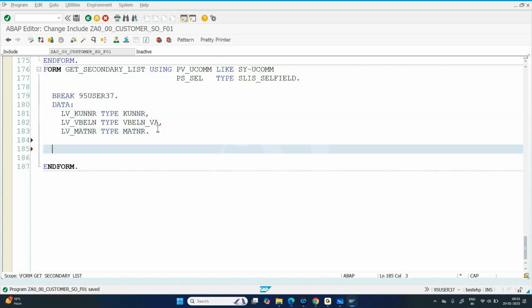Okay. If ps underscore cell hyphen field name is equal to Kunnar. So the user is going to double click on a list. It may be the first list. Here we have nothing to deal with the list. We are dealing with the column directly. It may be the first list, it may be the second list, it may be the third list. But in the first list, which column you are double clicking on, in the second list, which column you are double clicking on, that matters. We are not dealing with the list,